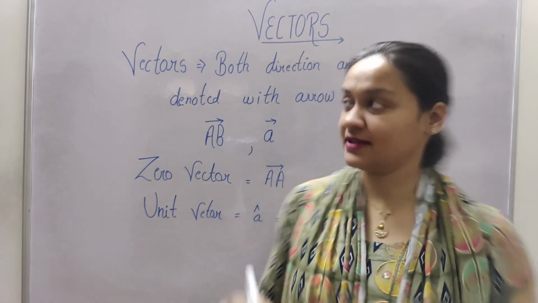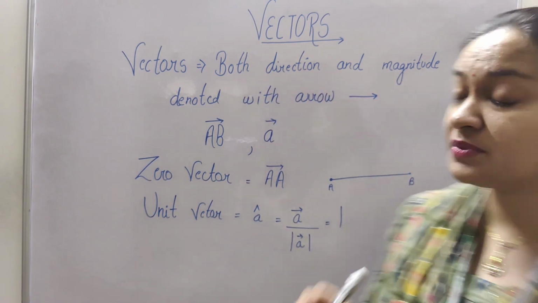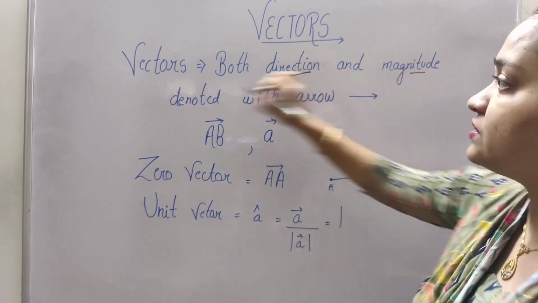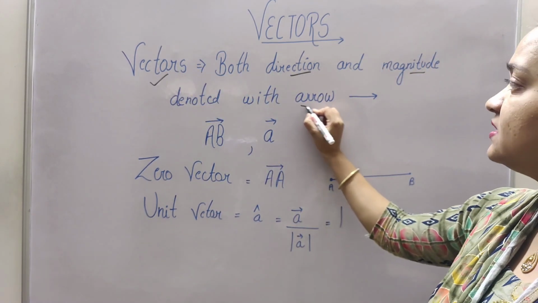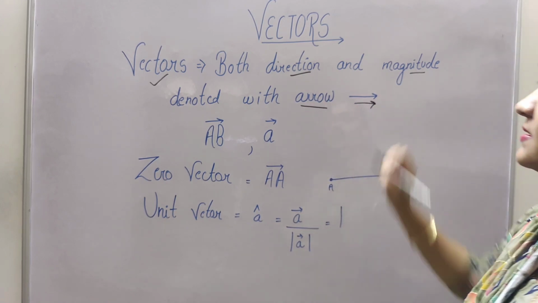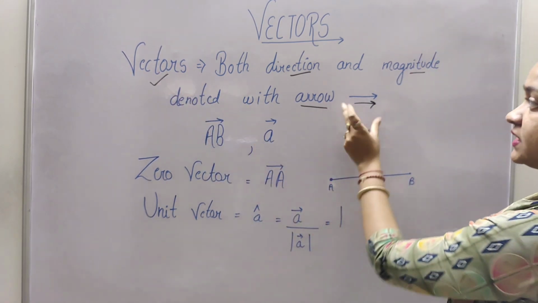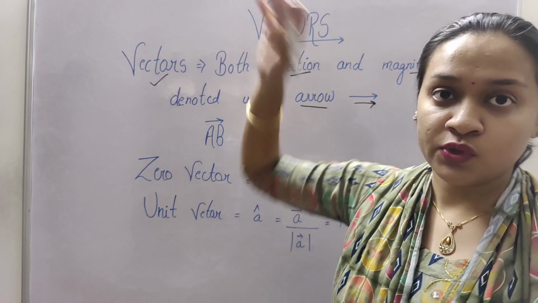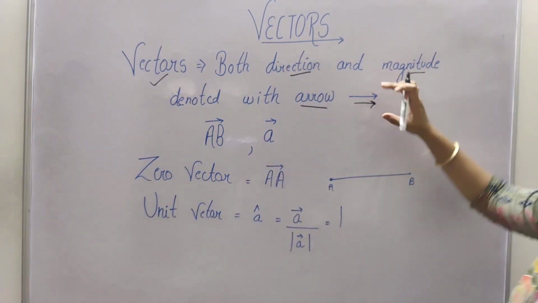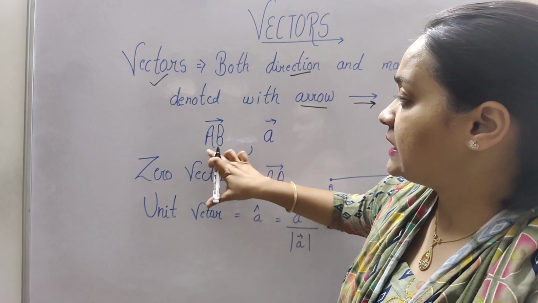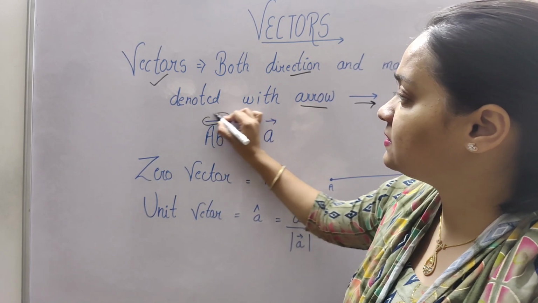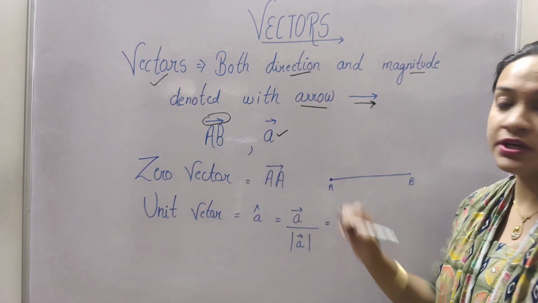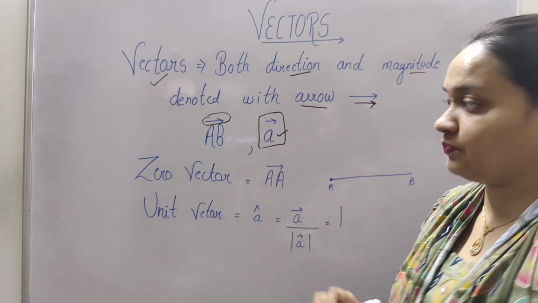वेक्टर्स बेसिकली होते क्या हैं? वेक्टर्स जिसकी डायरेक्शन और मैग्नीट्यूड हमें पता होता है, और वेक्टर विच हैज़ बोथ मैग्नीट्यूड एज वेल एज अ डायरेक्शन इज नोन एज अ वेक्टर। इसको हम कैसे डिनोट करते हैं? विद एन एरो लाइक दिस। जब भी आपको वेक्टर्स को प्रेजेंट करना है तब आपको इस एरो का जो सिंबल है इसे यूज करना होगा। Whenever you want to use a vector, you have to use this sign of arrow. In case of a and b, a sign like this denotes a vector. If you take a point a and put an arrow on it, it is known as a vector.